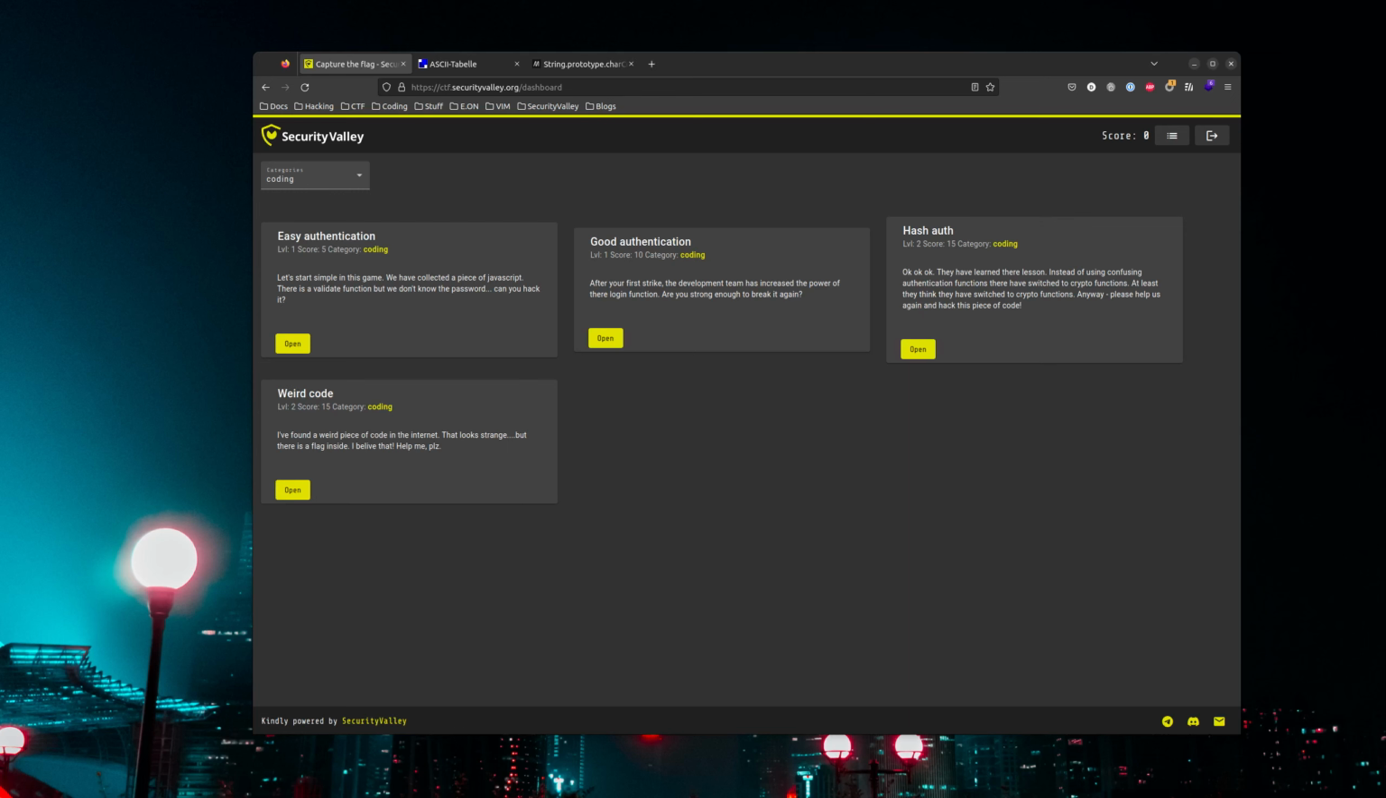Because some players from the SecurityValley CTF challenge have asked me to do a write-up, this is my approach to do so. I've already logged in to ctf.securityvalley.org, which hosts the current Capture the Flag challenges, and I have set the